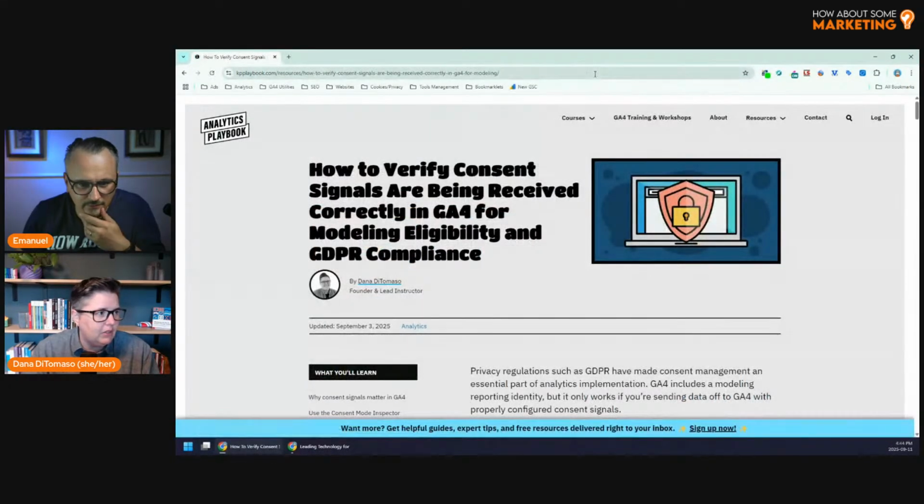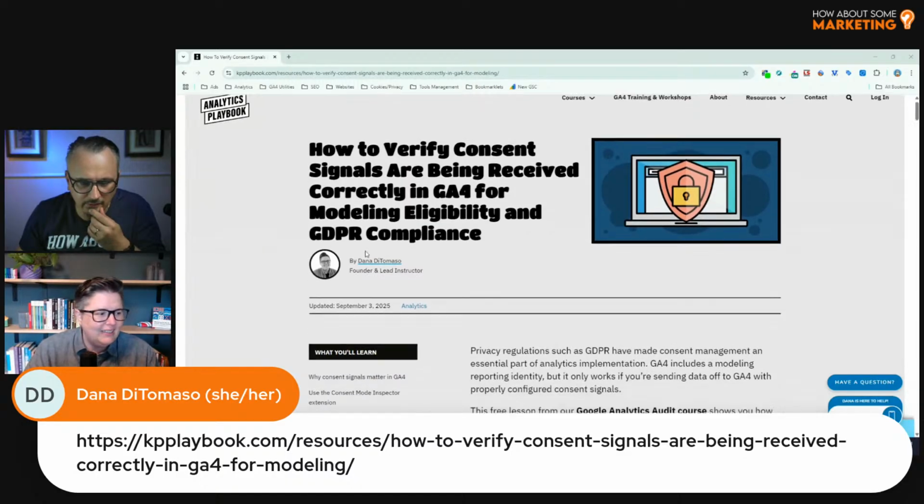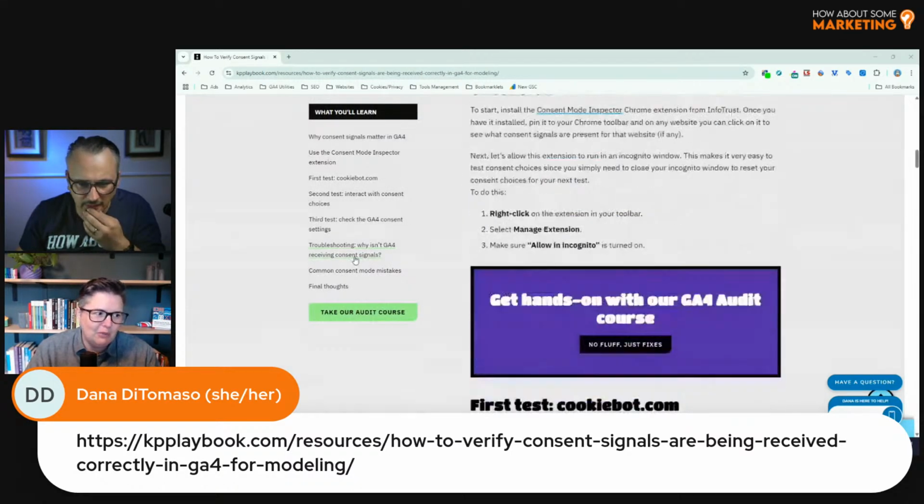Right here, how to verify consent signals are being received correctly. So I've put that in there if you want to put that on the other networks that you're including as well, just to make sure that these things are being received correctly in GA4 for modeling. And it does walk through. I have a video. I always have a video